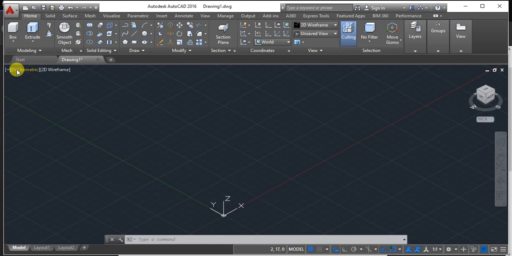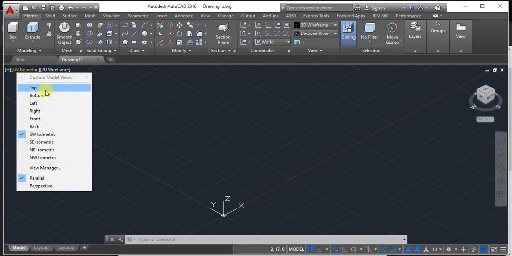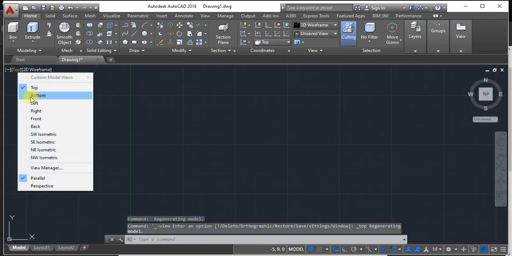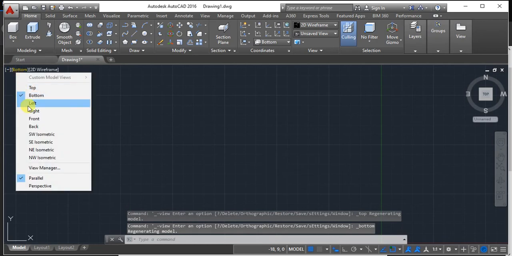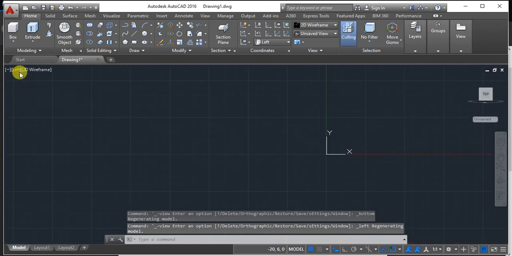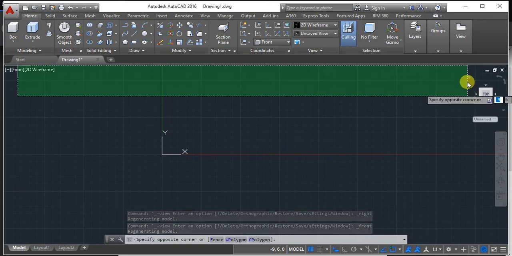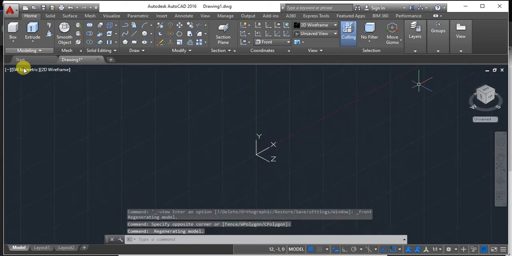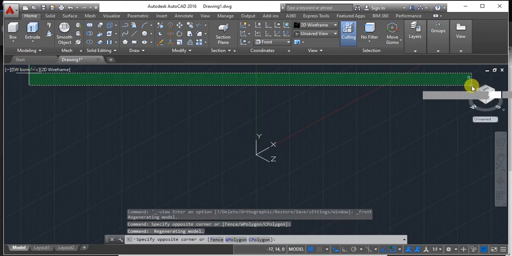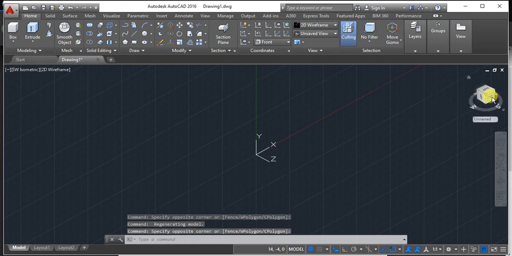You can visualize different views by clicking on here: top view, bottom view, left side view, right side view, front view and back view, etc. There are a lot of orientations. But if you want to switch to isometric view, you can just click on this. Southwest isometric, right?